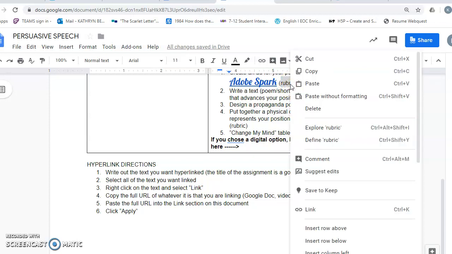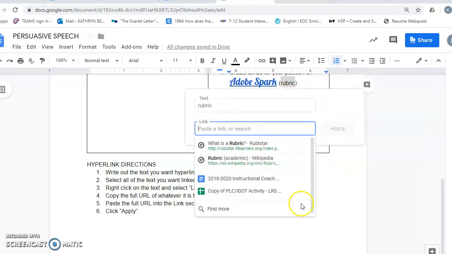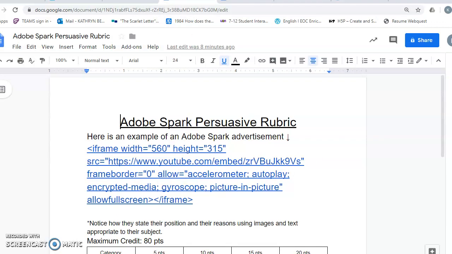Right click, and I'm going to select link. Here it's going to ask me to paste a link or to search. So I'm going to go over to the Google Doc that I want linked,